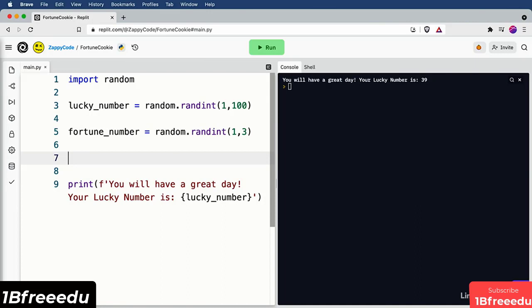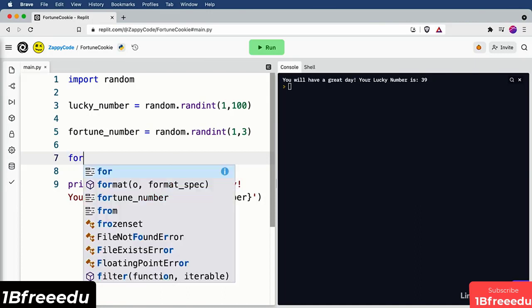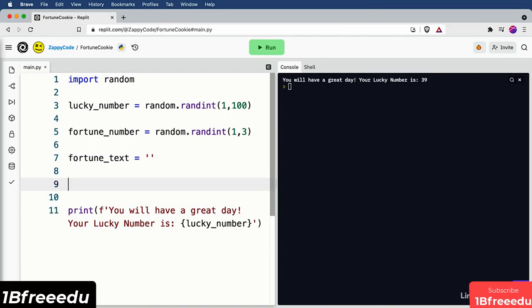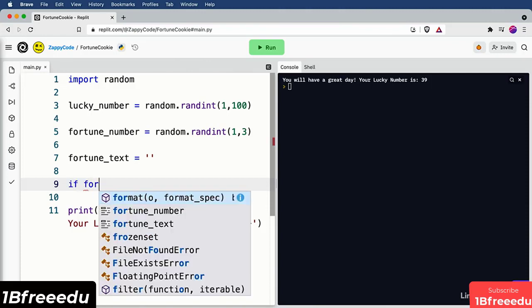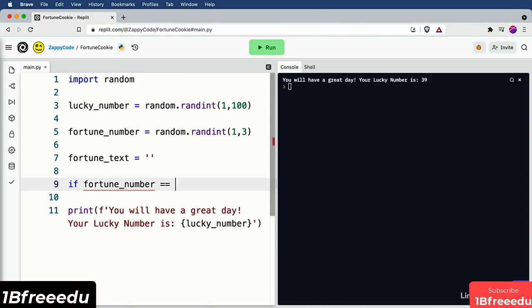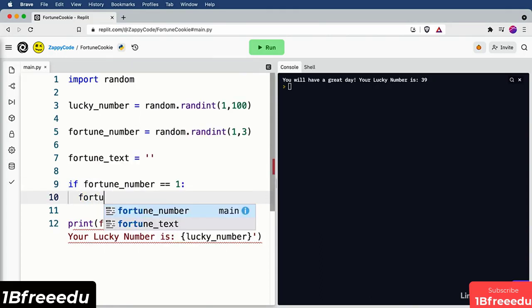Then we'll have a string to represent the fortune text. So we're going to say fortune underscore text, and for the time being, just set it equal to an empty string. Then what we'll do is we'll have our if statements that say, if it's 1 or if it's 2 or if it's 3, and change this fortune text string depending on those situations. So we'll say if fortune number is double equal sign to 1, colon, then we'll want to set our fortune